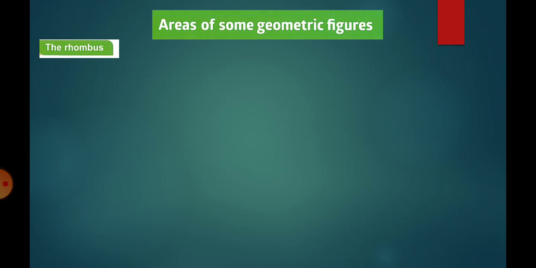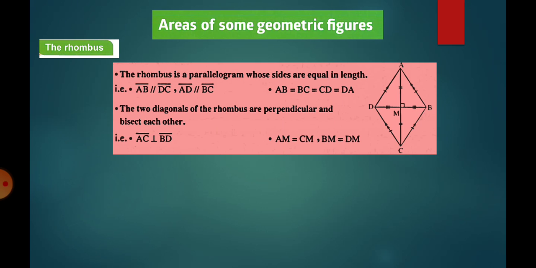Number one, the rhombus. We know the rhombus is a quadrilateral or parallelogram which has all sides equal in length. The rhombus is a parallelogram which has all sides equal in length, and the two diagonals are perpendicular. The area of the rhombus is equal